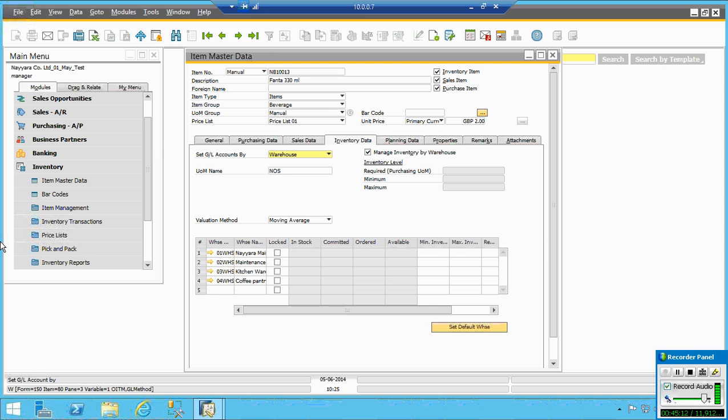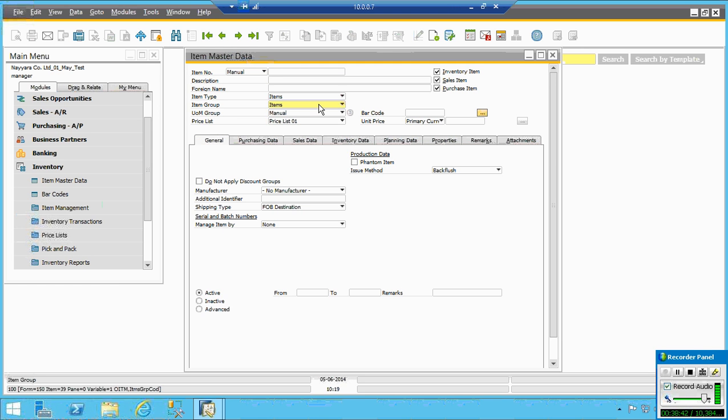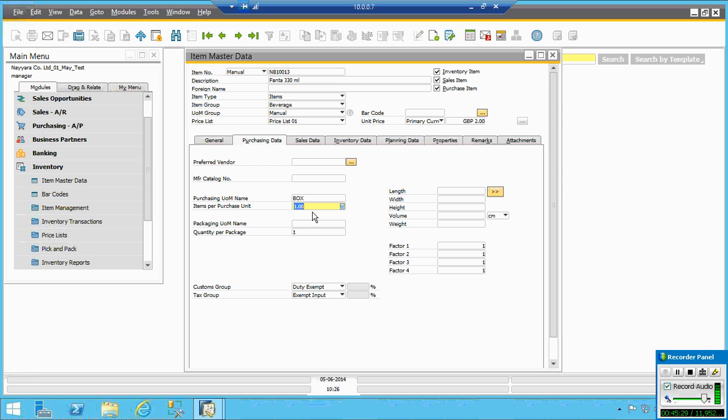But when I am purchasing it, I am saying I am purchasing it in a box, and that box contains how many items. It can differ. One day the box is 24, next time the box is 28, or 48 on a different day. So if I say A22, what happens?